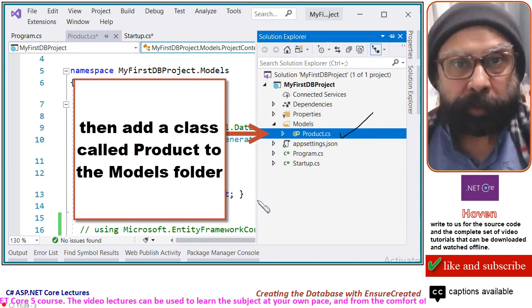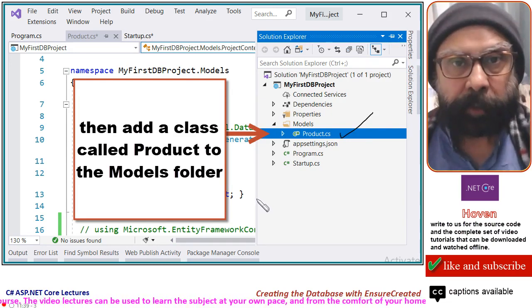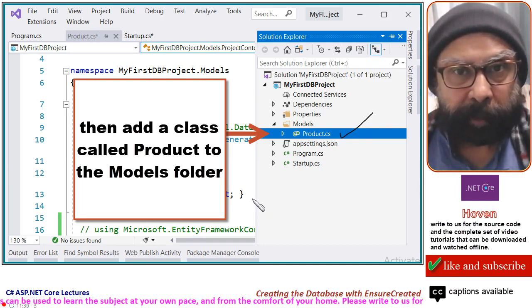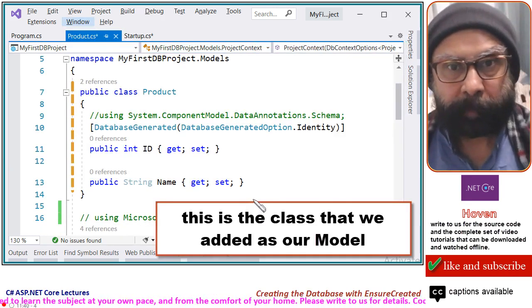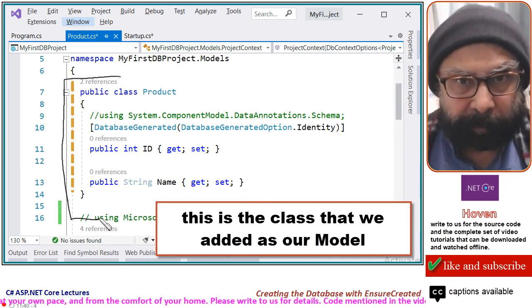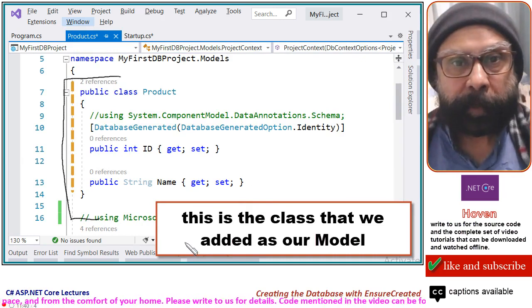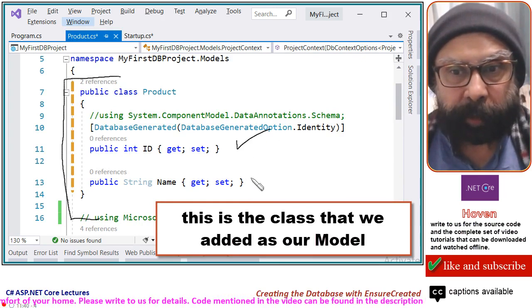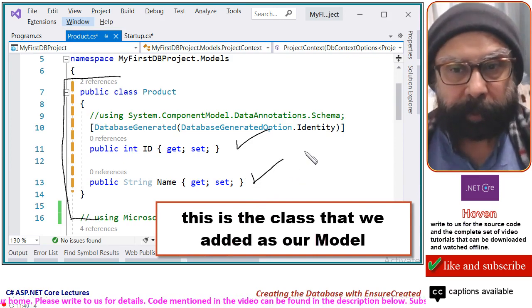The properties of the model class together represent a record of a database table. This is the class that we have added. We have kept it very simple with just two properties, this property and this property.